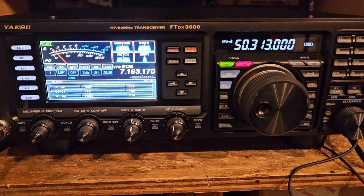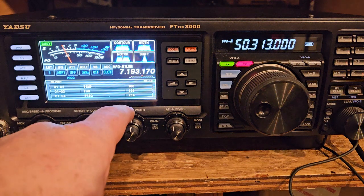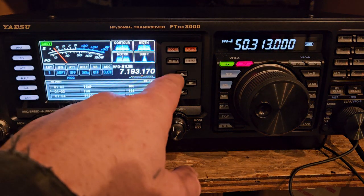What they probably should do is be comparing these to other radios, and just making sure that everything agrees. The 710 is extremely hard to compare things with because it has a little bit of delay in its receiver, so you can't zero beat anything to it. It's a cheap radio. It's kind of weird how they do that, but anyway, once you adjust this, you hold down the menu button,